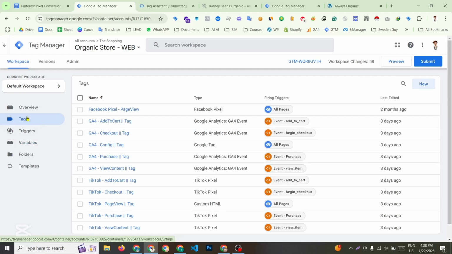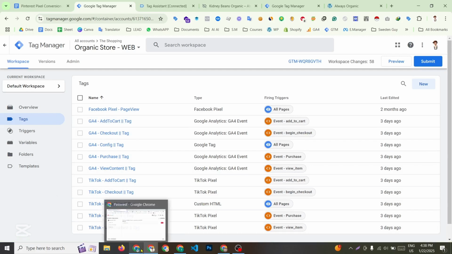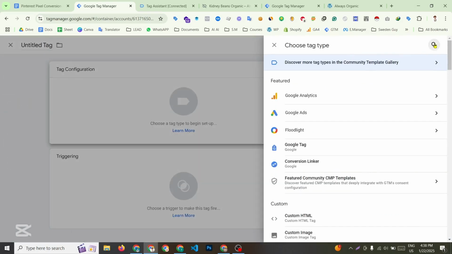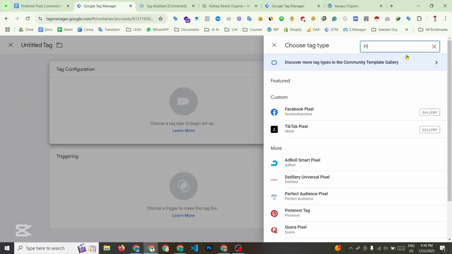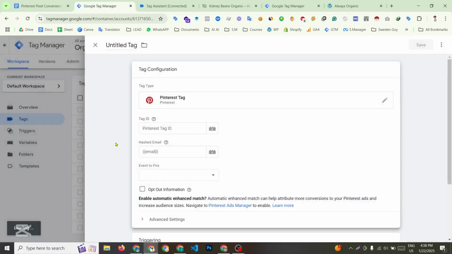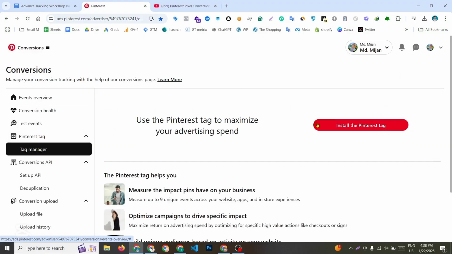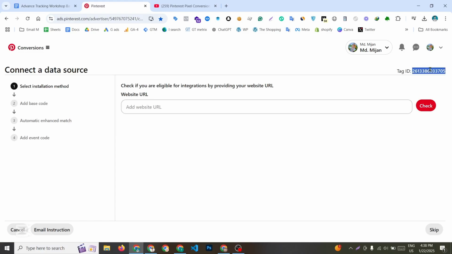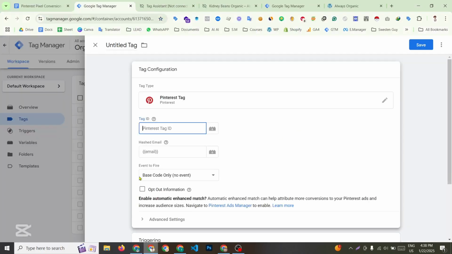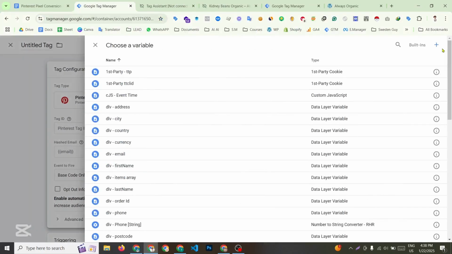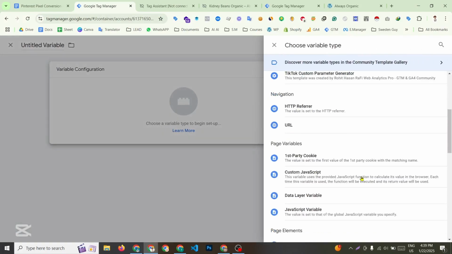To set up the Pinterest events or tag, at first we need to connect the Pinterest event manager with Google Tag Manager. We need to go to the tag option, then search here for Pinterest, then select it. Now we need to find the tag ID. We can go to Google Tag Manager, then install Pinterest tag. We can see here the tag ID. Copy the tag ID and create a constant variable,